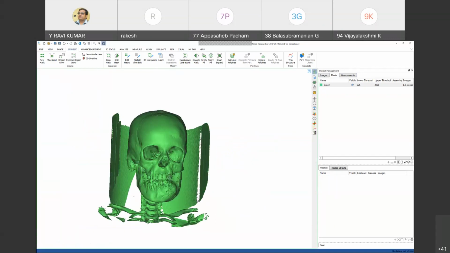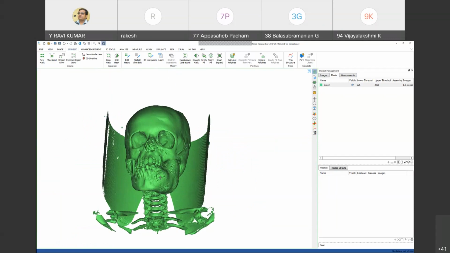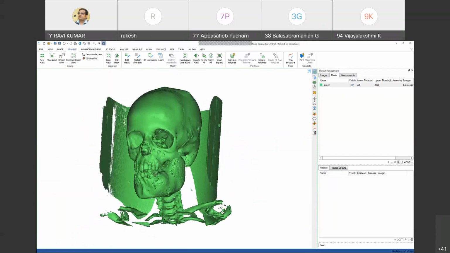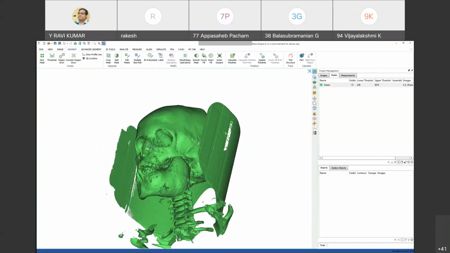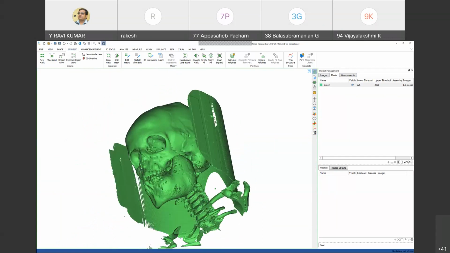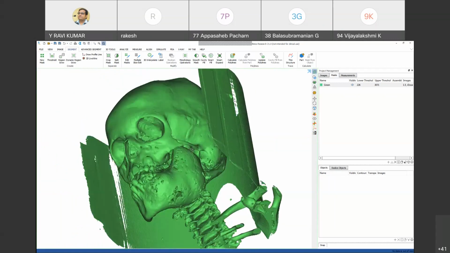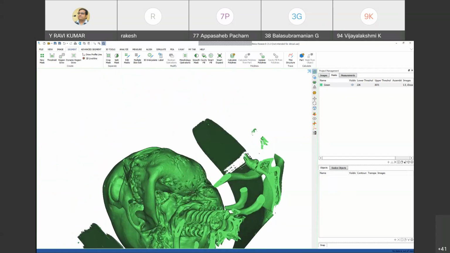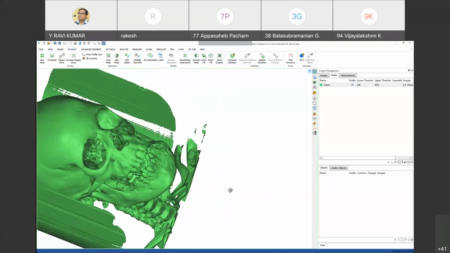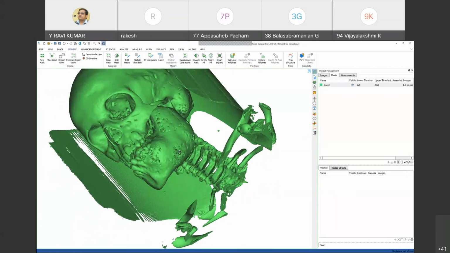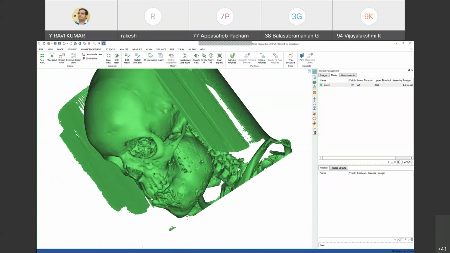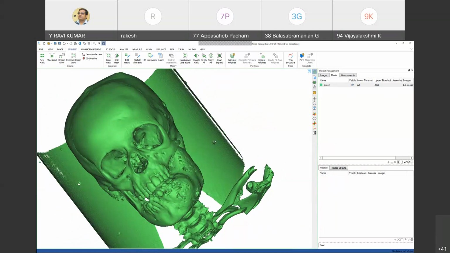The patient chewed tobacco, but he got throat cancer, so that tissue was damaged. Now you can see, and this one is unwanted.